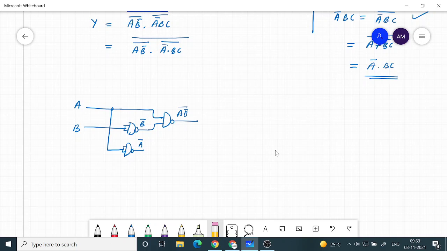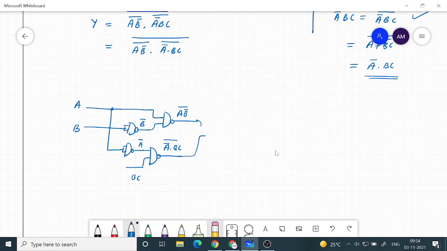Okay, a bar, and so I need a BC here. I'll manage BC. So suppose this is BC, then I have a bar. I can proceed. So then a bar dot BC, the whole bar.